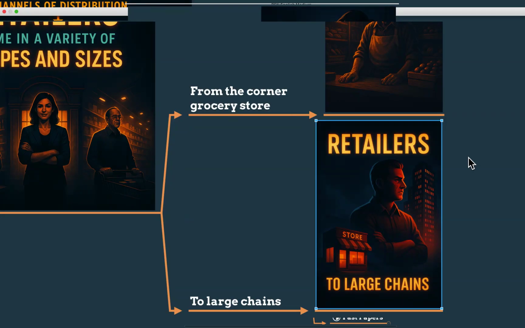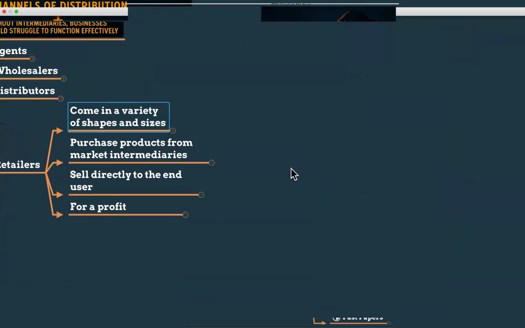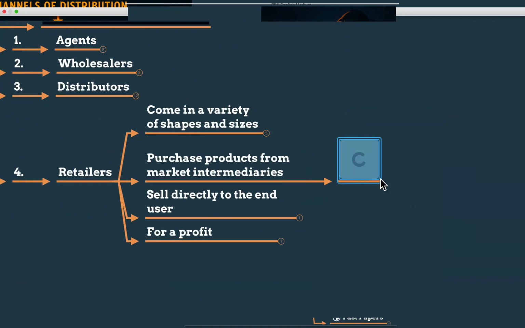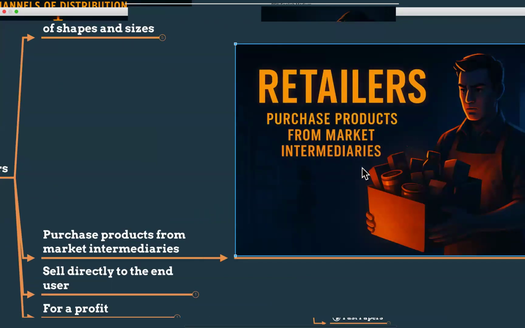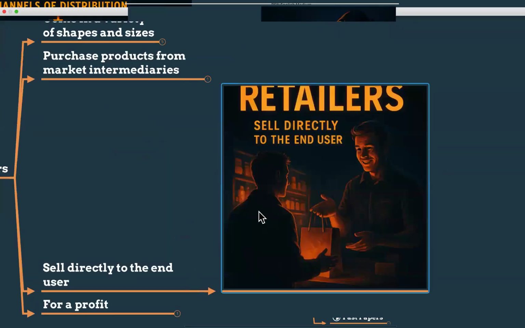So supermarkets like Keells and Cargill's are also retail businesses. Your corner grocery stores, or what we call a small shop, kade, right? Some specialty shops, online stores, whoever sells directly to the consumer, we refer to them as retailers. They purchase products from market intermediaries, so they will purchase from wholesalers or sometimes from distributors or agents, in smaller quantities than the wholesalers, because wholesalers take large quantities, and they will do regular replenishment, right? Every day or every week they will order the product in small quantities, and they will sell directly to the end user.